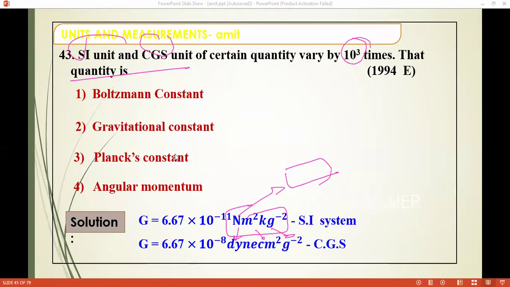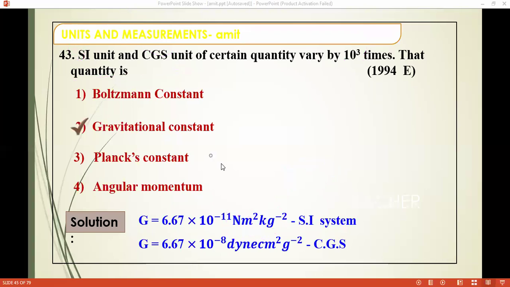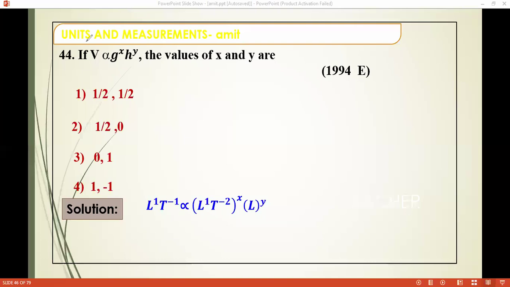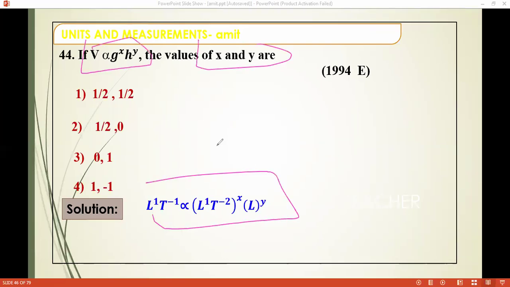It's an easy question, but sometimes you need to take time to think about it. In this question, velocity is proportional to some power, and you find the value of x. It's an 80% doable question. I want to explain this question so many times. You can do it directly also by this method. So I ask, do you want to solve it or do you want to check it?